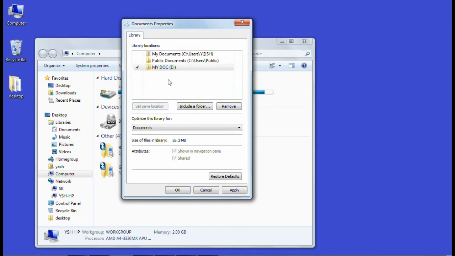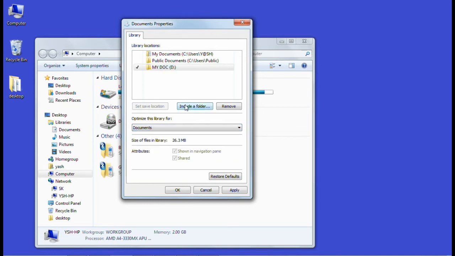From now onward, whenever you save a new file or any document, it by default goes to this location. So after that, even when you format the drive, even when you change the window, you need not be afraid that your data is lost, because it is saved in some other place. Whenever you install the new window and go to this folder, you will have all your files and data saved there. And you can also change from these settings which files you want to save to this location, that you want to save the documents to this location.